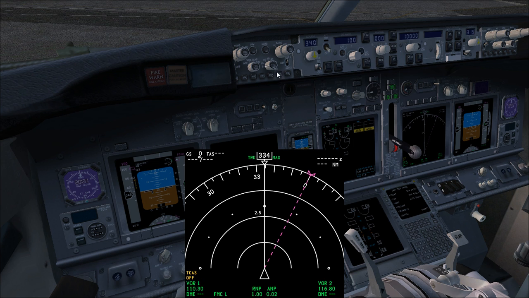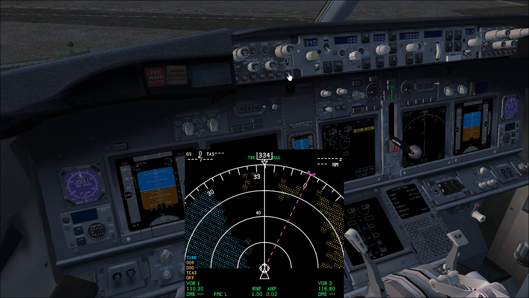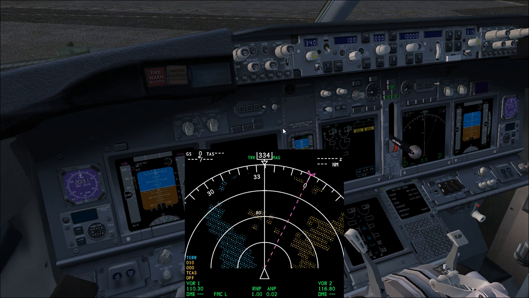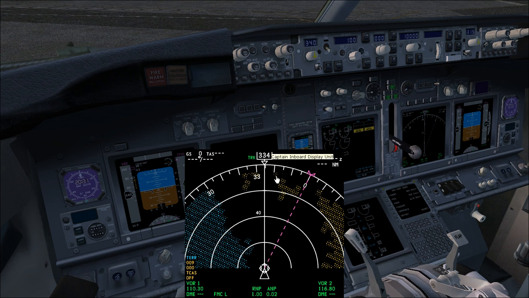The last indication that is possible to turn on the navigation display is actually the terrain. The terrain is now in peak mode and shows all the terrain you have around the airport. As you can see, we have the terrain indication here in blue and 2 numbers. These 2 numbers are for the peak mode only. The peak mode only shows the lowest altitude on the range you are seeing and the highest altitude of the